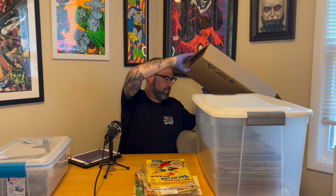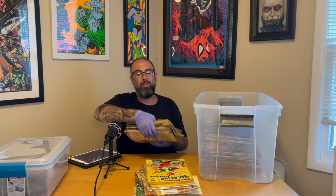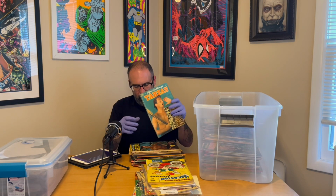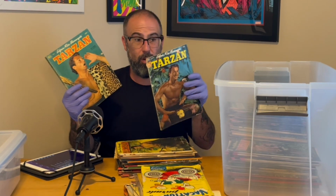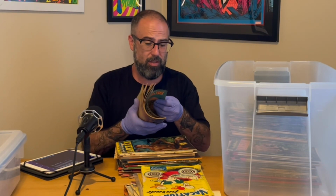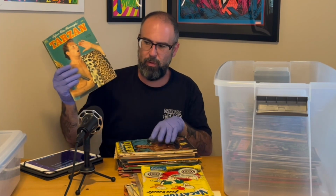All right, so that's just this first smaller box. So this one right here, this is all Tarzan comics. I don't think they hold too much value, so I'll just go through a couple of them. They're all Dell. They're all super old. I mean, some of them are in really good shape. This is in 1952, so some of the photo covers